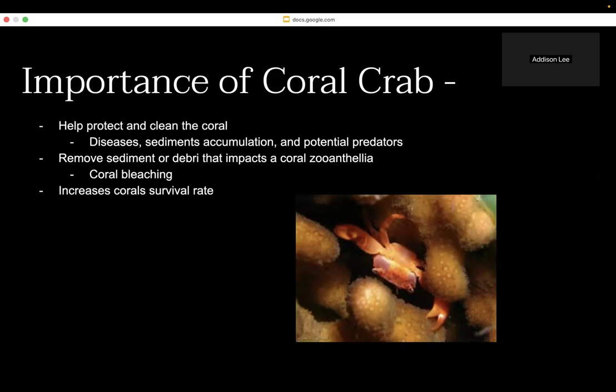When they use these appendages to remove sediment and debris, it helps remove anything that impacts the coral's zooxanthellae, which is the part of the coral that, when there's a lack of it, causes coral bleaching. So when they're able to remove anything that impacts this part of the coral, it helps increase the coral survival rate and ultimately produces a better ecosystem for the coral crab to live in, as well as the other